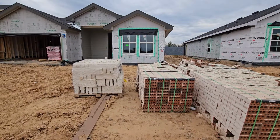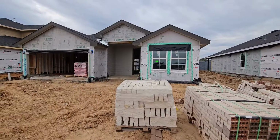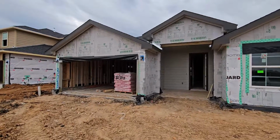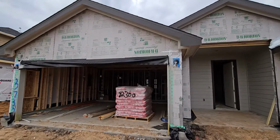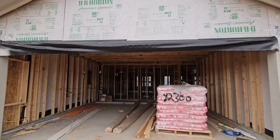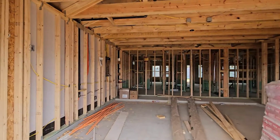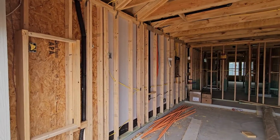All right, so they have your brick and your stone already picked out. And like I was saying, if you want to get into one of these, there's only one street in this neighborhood. It's located just on the other side of Highway 35 from the Pearland High School. It's called Alexander Landing by DR Horton Homes. And of course, you guys know I love to start off in the garage,